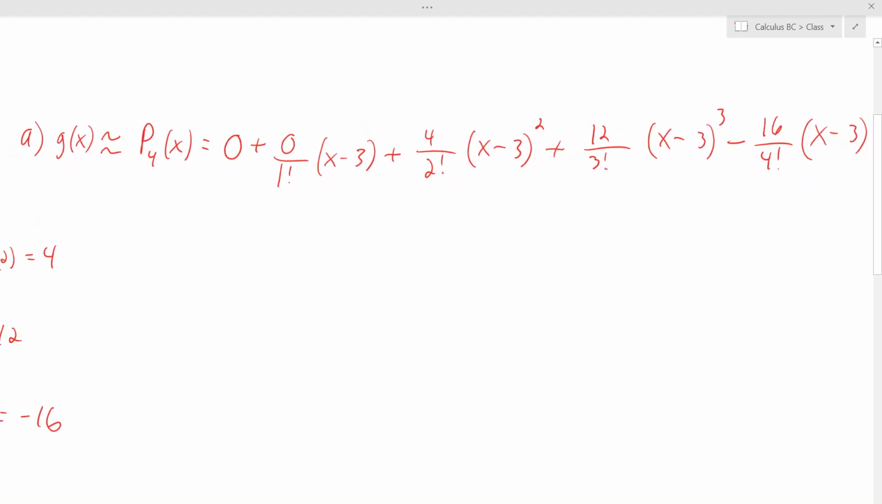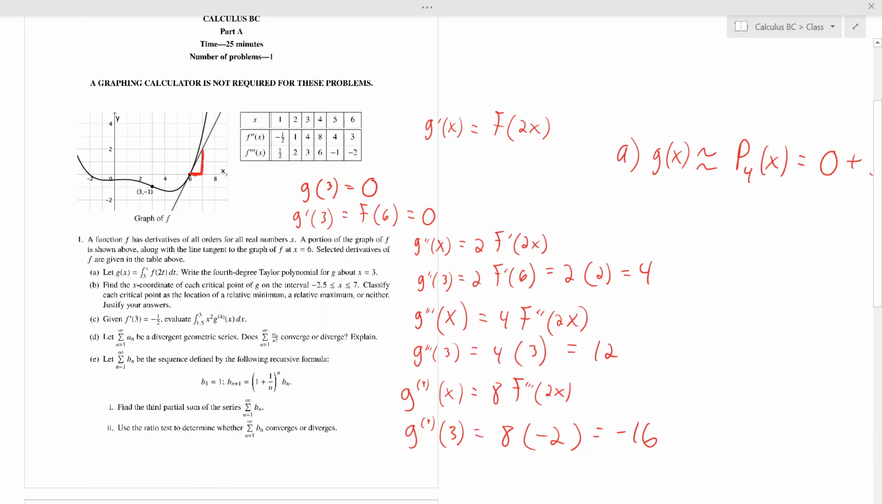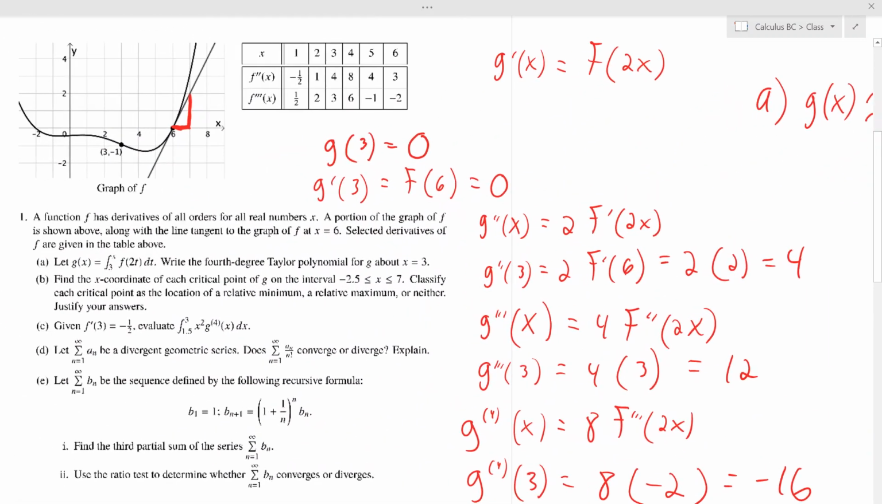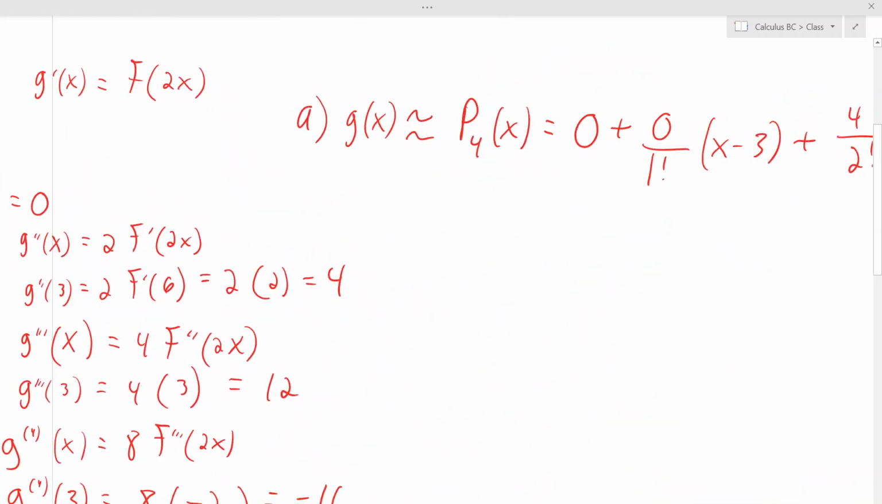Okay, and that's a totally fine answer, but I'm going to simplify that just in case you want me to use it later on. I don't even know what B is going to ask us here. Blah, blah, blah. Write the x-coordinate of each critical point of g. Really? Okay, we'll come back to that. So,